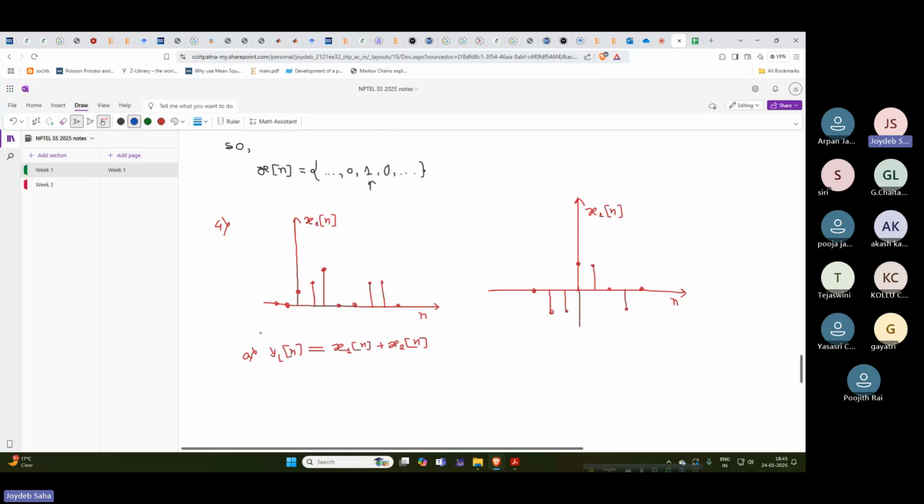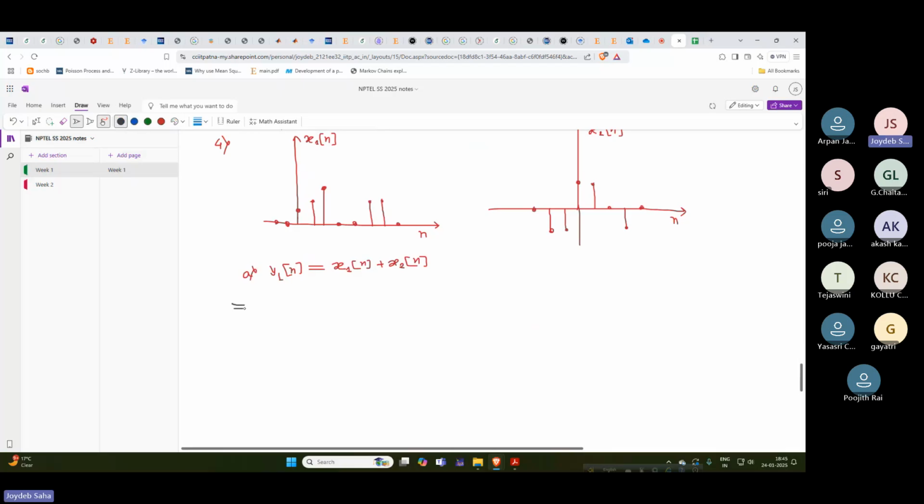So let us try to solve. x1[n] is a sequence, and we can write it 0, comma 0, comma 1, and this is the starting point, comma 2, comma 3, then again 2, 0, 2, 2, 0, right? x2[n]